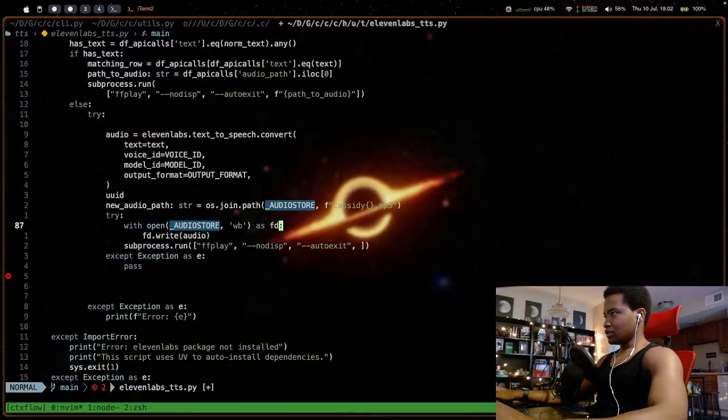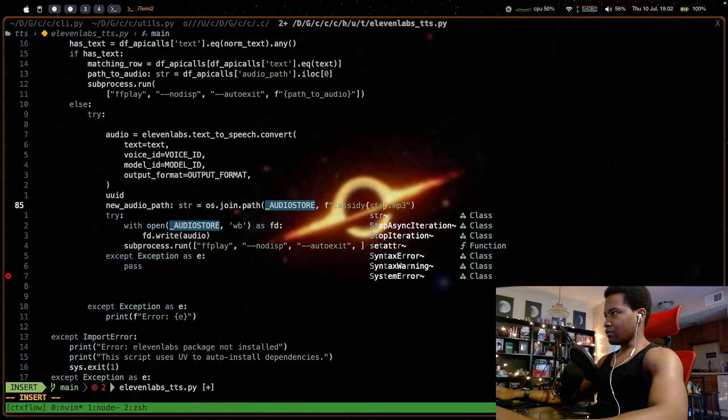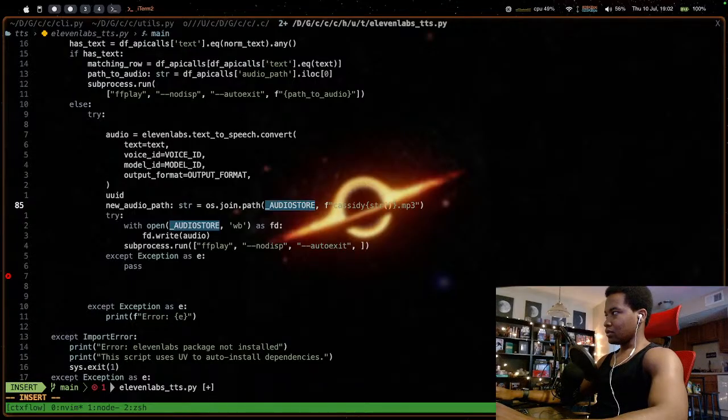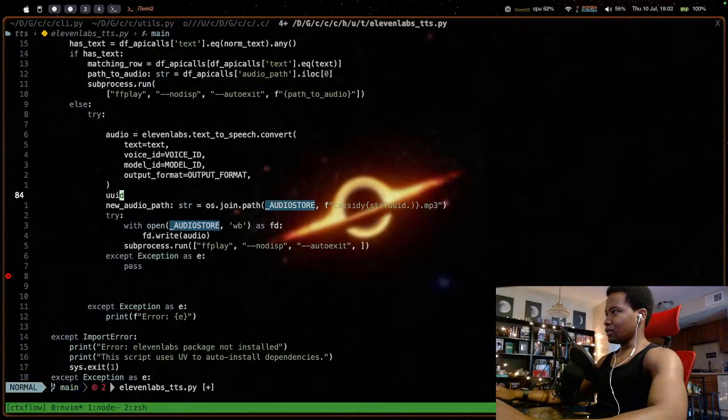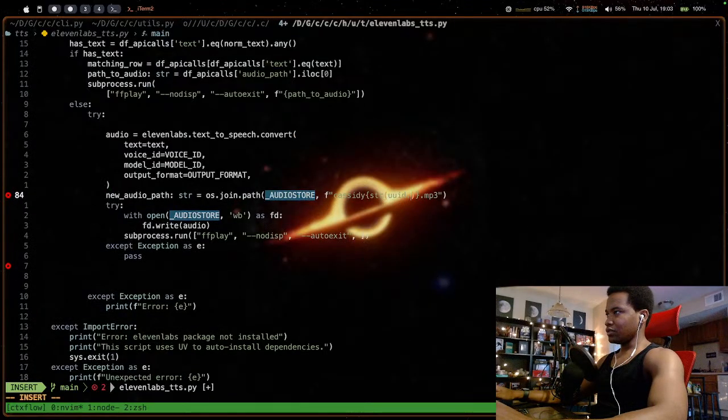So I can just wrap this in UUID because I'm lazy. I don't think I'm using this anywhere else. Actually, no, yeah, I'm cool. I can do this: uuid.uuid4.